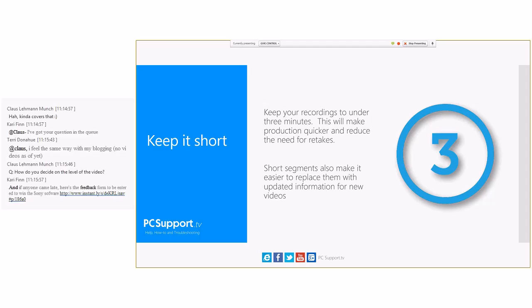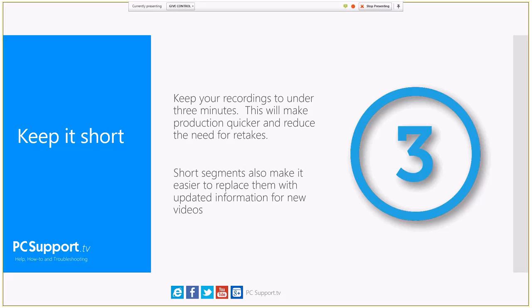Keep the individual segments that you shoot for these videos less than 3 minutes. The reason being that the longer they go on, the more likely it is that you're going to make a mistake, or say the wrong thing, or fluff your lines, and you're going to want to go back and record the whole thing again. Well, if you keep those individual recordings short, you can edit them together at the end, and it has two effects. It firstly means that it's less likely that you'll need to retake,